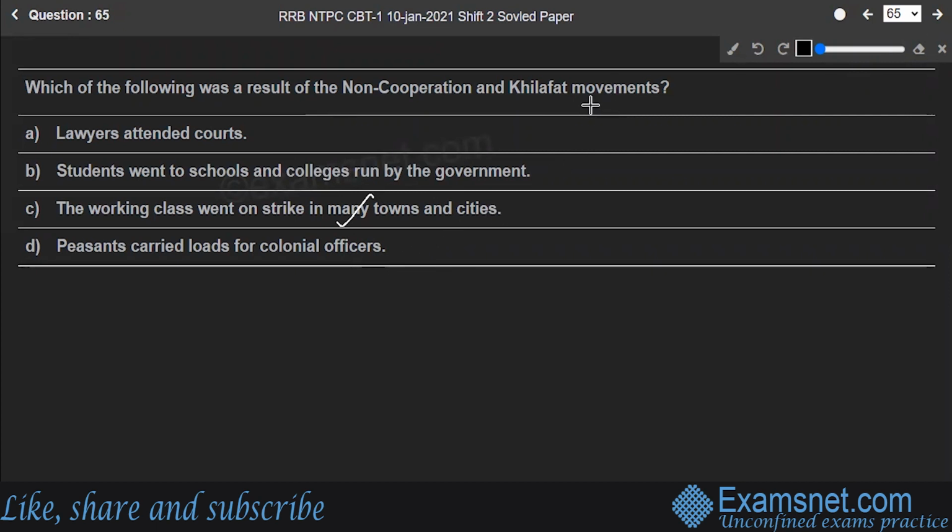Non-cooperation movement was conducted from September 1920 to Feb 1922. It was initiated by Gandhi after Jallianwala Bagh massacre. People started protesting with non-violence and at the same time boycotted British goods. After Chauri Chaura incident, Mahatma Gandhi withdrew the movement. The Khilafat movement was essentially a movement to express Muslim support for Caliph of Turkey against